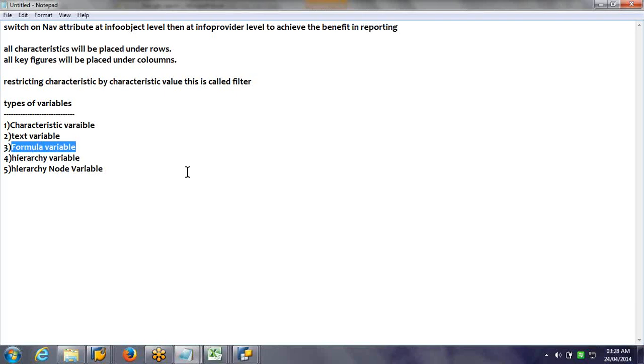Formula variable. Okay. Can you calculate, like if I have a changed on date, created on date, are these designed as characteristics or key figures, these fields? Changed on, created on. Is that a key figure? Characteristics usually we will design. Okay. Yeah. Because